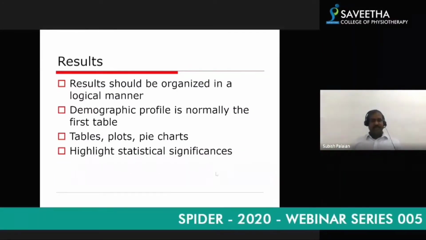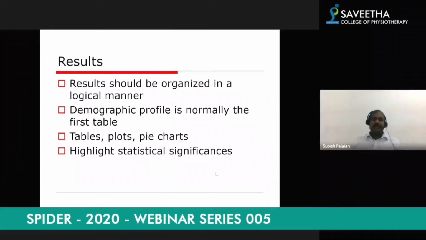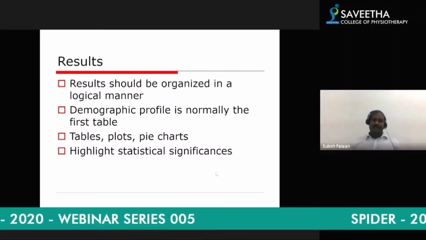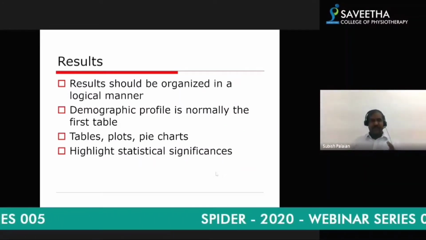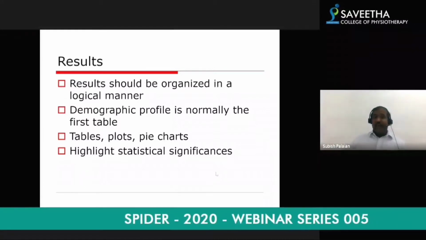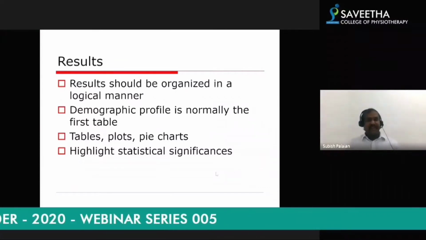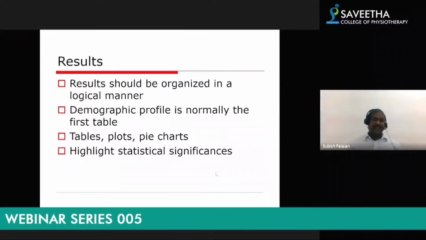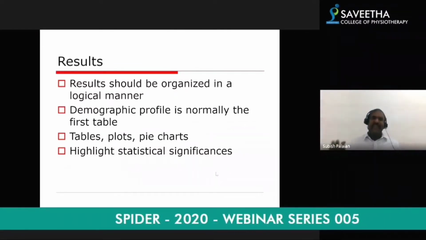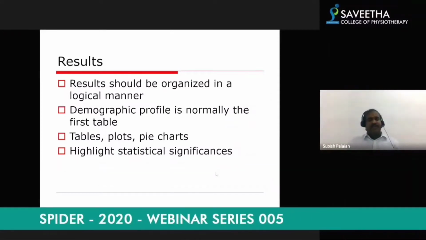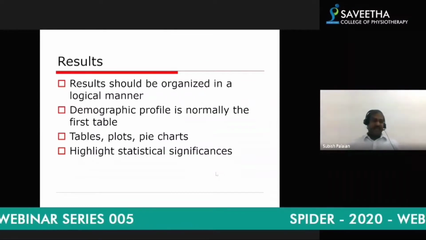And please remember, the results are an important part of your manuscript. What did you obtain? What is your finding? Anyone would like to go through the important findings in your results, because for these results only you conceptualized and did the research. So it has to be nicely presented, and there should not be any duplication. Sometimes students put the results in a table and then put the same result again in a pie chart, or write the same thing again in another paragraph. No, there should not be repetition in the results. It should be organized nicely. When you go into any of the published journal articles, you will be able to see how well the results are presented in the manuscript.